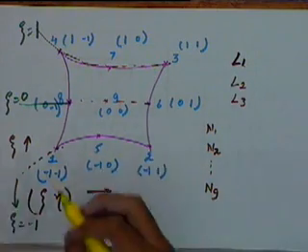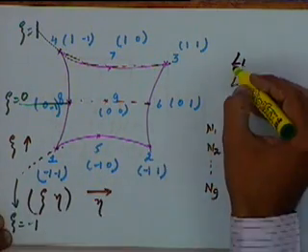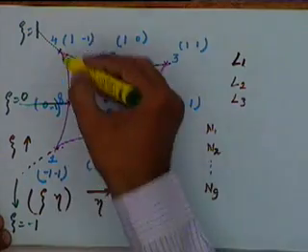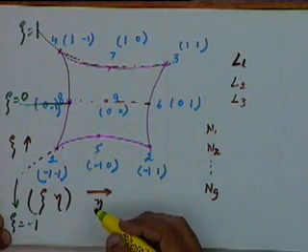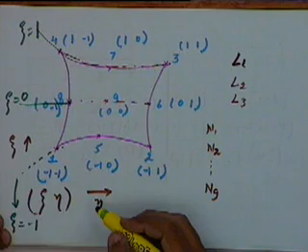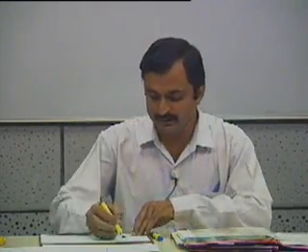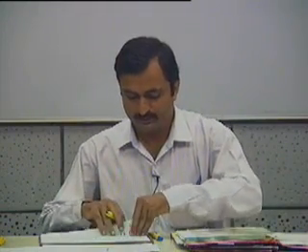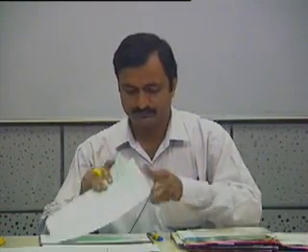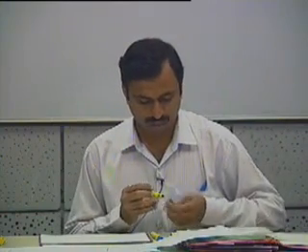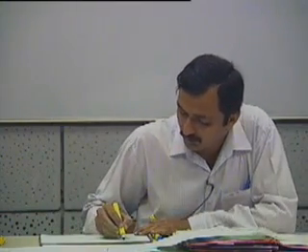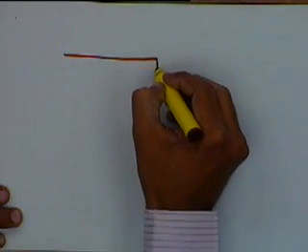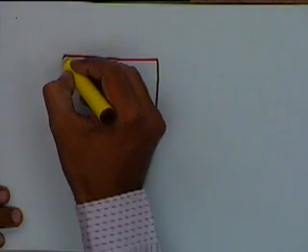Similarly, we will define another 3 functions L1, L2 and L3 in the vertical direction. So we consider the vertical direction. We draw a separate figure. I'll again draw the element as a rectangular element.